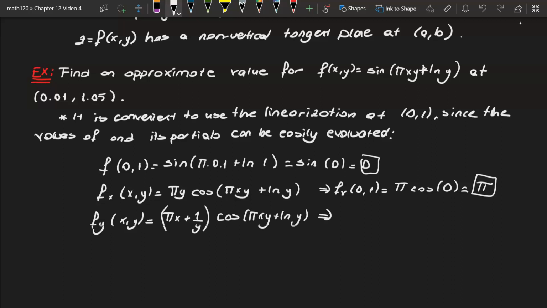If you plug in (0, 1), we get 0 plus 1 over 1, which is 1, times cosine 0, which is 1. So we got 1. We have found the partial derivatives and we are ready to write the linearization